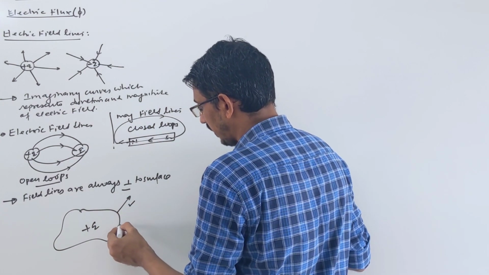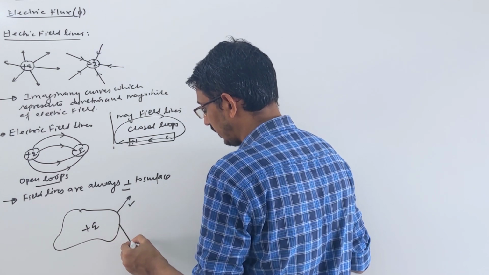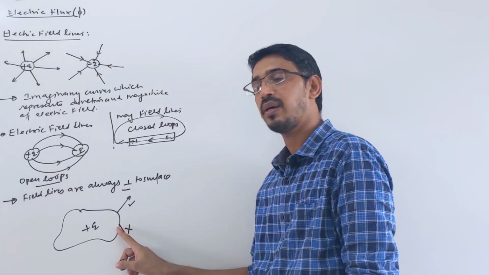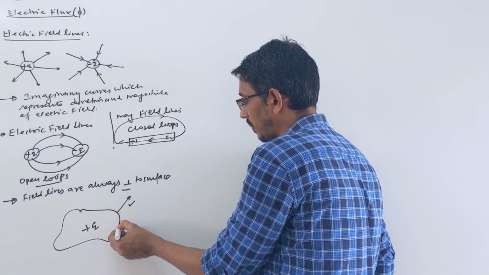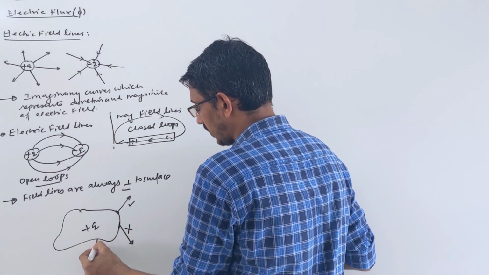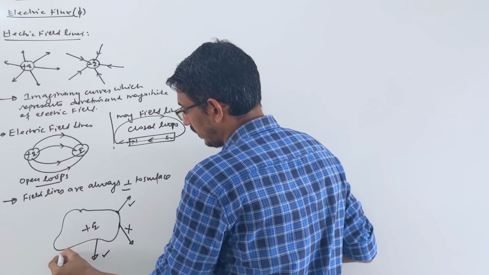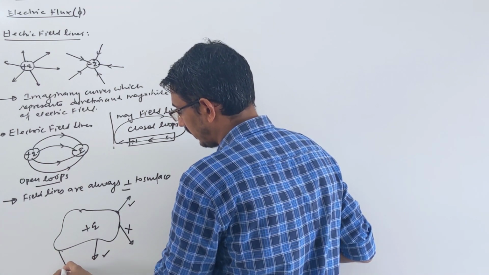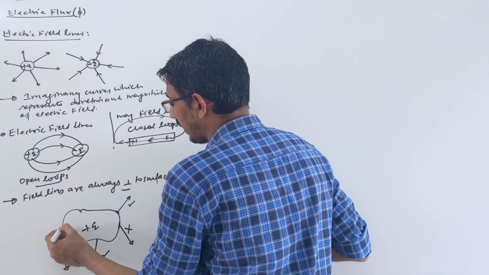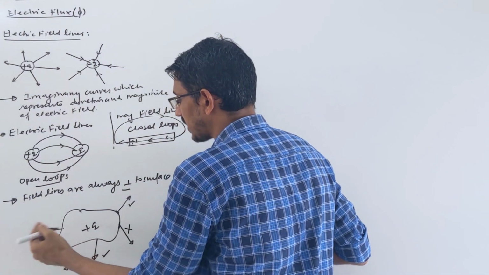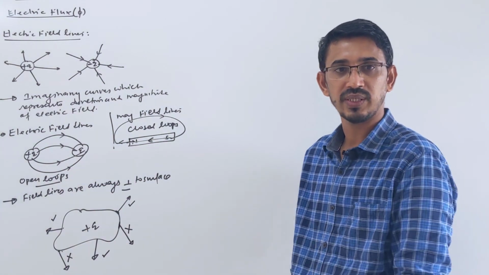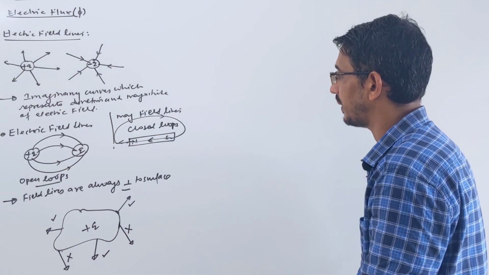If I draw a line this way, then this is a wrong picture, because this line is not perpendicular to the surface at this point. This one is perpendicular, so this is okay, but this is wrong. If you draw like this, this is also okay. But if I draw it that way, this is wrong, it is not perpendicular. So for a positive charge the field lines start perpendicular, for a negative charge they end perpendicular, but always perpendicular to the surface of that body.